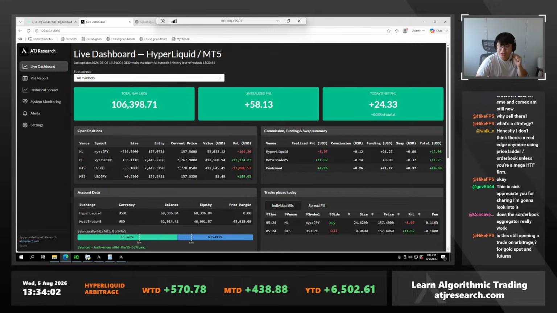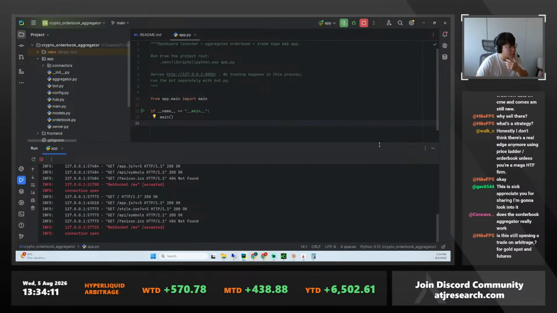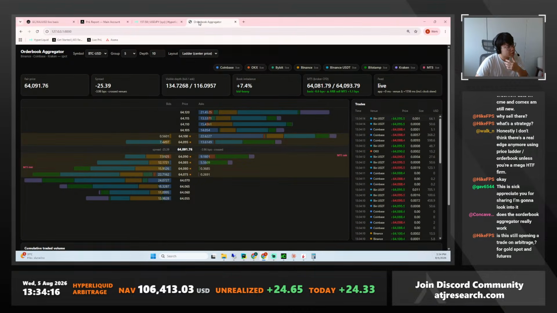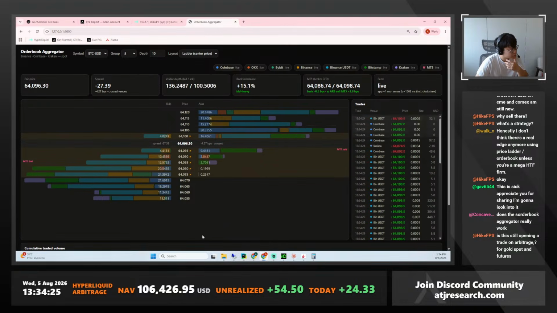Honestly, I don't think there's a real edge anymore using price ladder order book unless you're in a mega HFT firm. Well, you might be right. I mean, most likely you're right. But we have to also think about one thing, and that is that actually I can prove you wrong. I can tell you I can make money off of this because I did that in December on Kraken